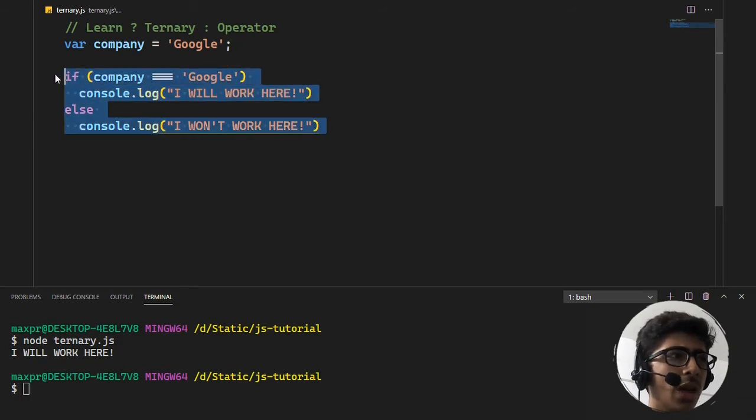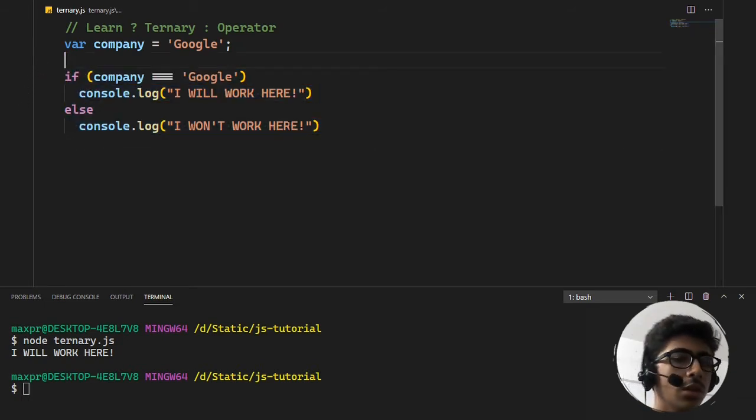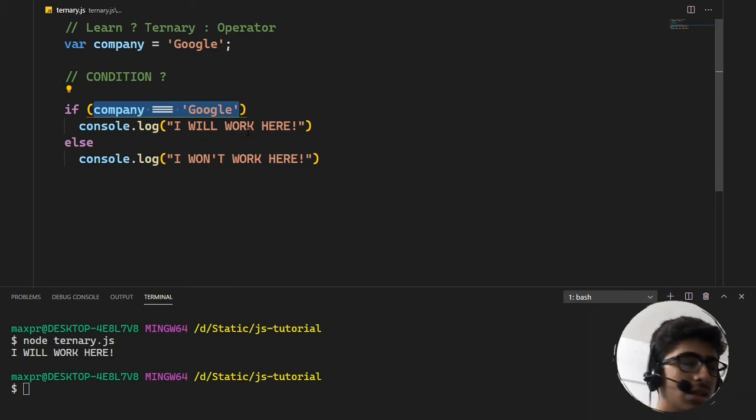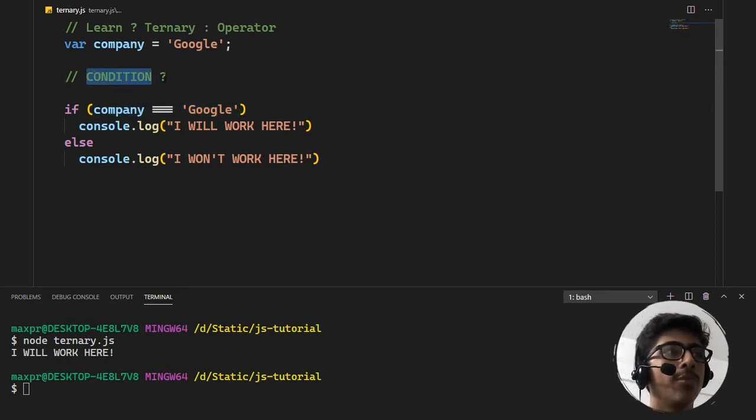But this is, I mean, 4 lines of code. You can just check it in one line. So what is the syntax, right? The syntax is like this. So you have first of all the condition. Okay, whatever the condition is. For example, this is the condition, company is equal to Google, that you pass in inside of an if statement or an else if statement. That is a condition. So you pass in the condition here, then you have a question mark,